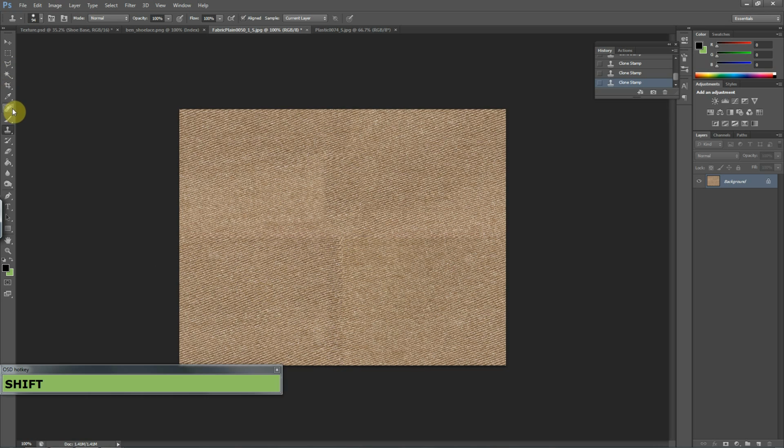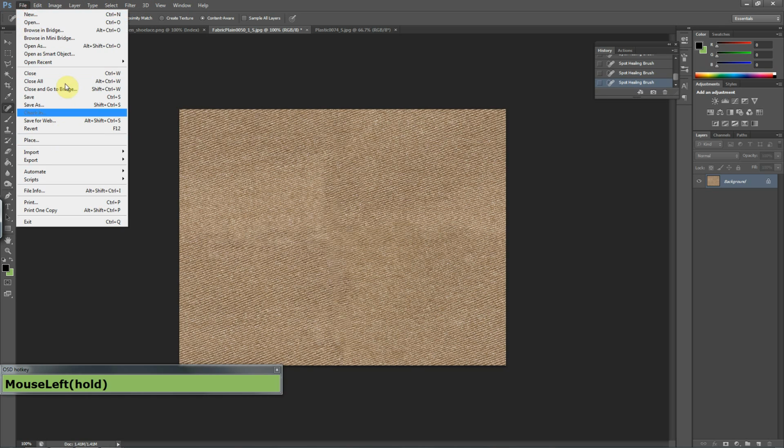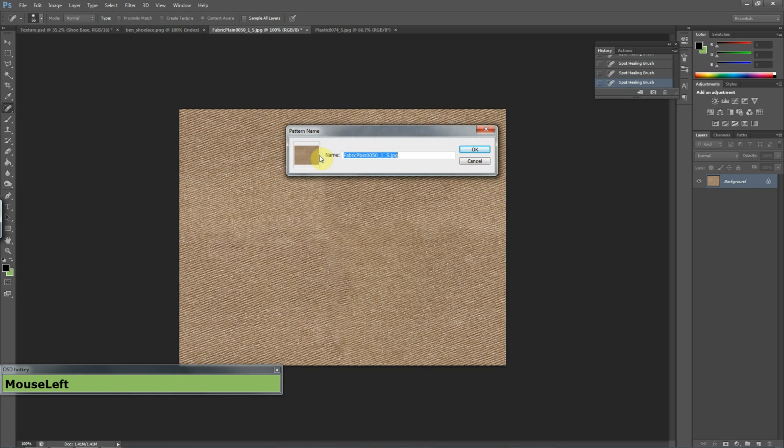Let's also see how the other tools will behave in this instance. I think it's not bad, so I might just use the healing brush here. Good enough. Okay, edit, define pattern, fabric,